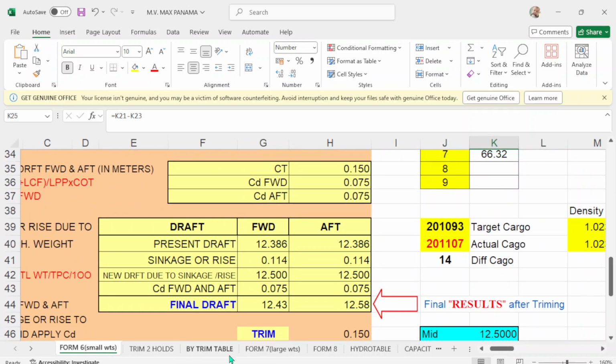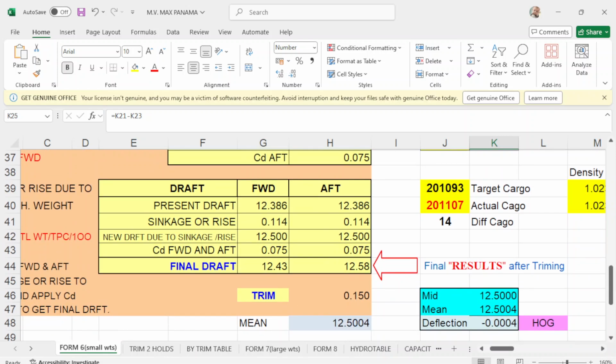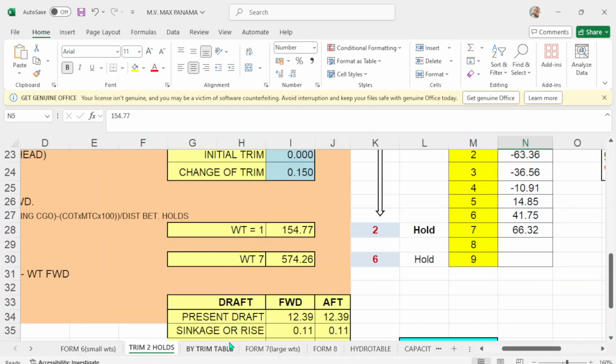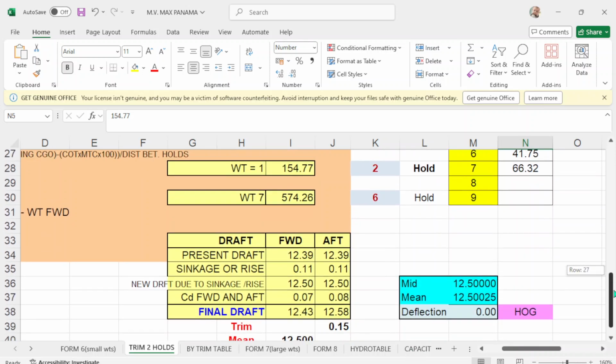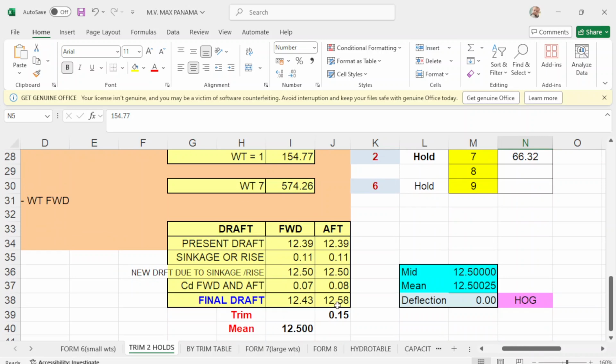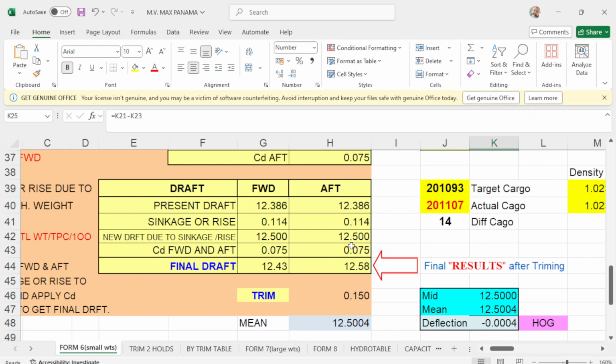And your final draft would be forward draft is 12.43. Excuse me. Final draft is 12.43. We got here. Final draft is 12.43. Your aft draft is 12.58. Your trim is 15. Your mean draft is 12.5. Exactly.